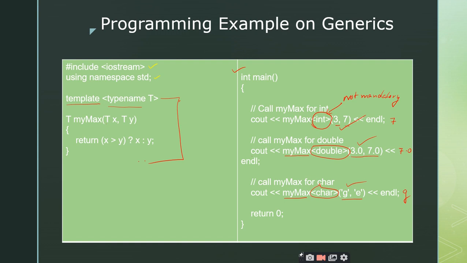Function template is already covered in this class. We'll go back through the function template and discuss one example program, then go to the class template and see some important points regarding function templates and class templates, and then we'll discuss the overloading concept of templates. Is it clear?